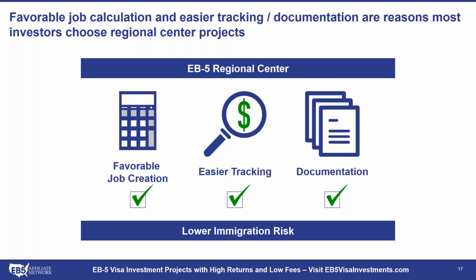And so that means any employees that you hire, any jobs that you're going to create, are only going to be counted if they're W-2 full-time for at least 24 months. And so that means for every one of those jobs, you're going to have to provide all the paperwork: employment agreement, contract, all the W-2 information, the pay stubs, and show that that person was employed continuously for at least 24 months, right? And you're going to have to do that for 10 employees for each EB5 investor that comes